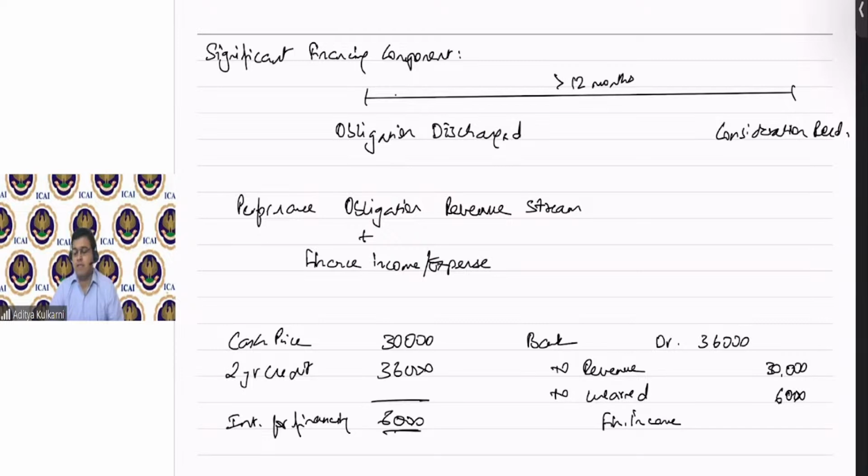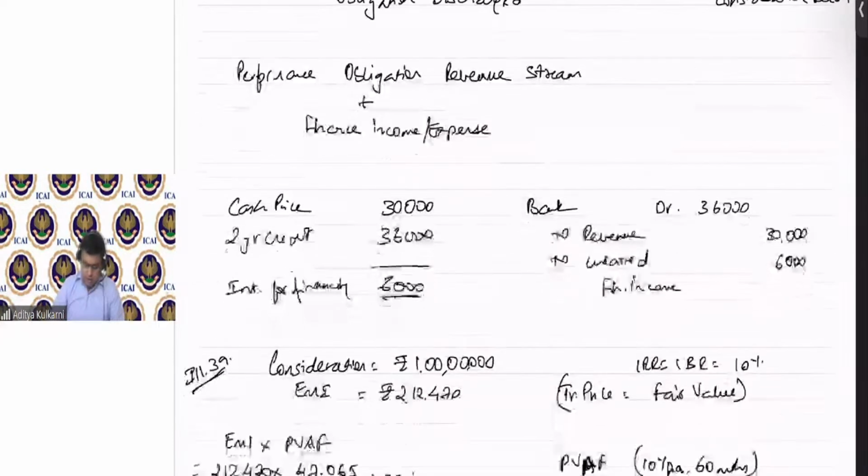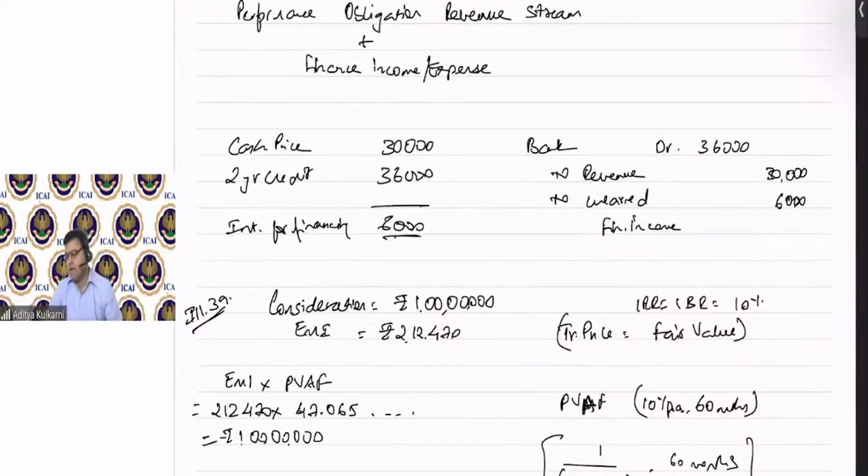Why finance expense? Because it could be possible that the customer has paid in advance and you are transferring the product after 2 years, 3 years, whatever it is. So therefore, the customer also will say, I'm giving you money in advance, so you have to give me some benefit in the pricing. That we call finance expense for the supplier. So in this case, the customer is financing the supplier, so you are going to have a finance cost for the supplier. Okay, and then we were seeing the example illustration 39 in the last class before we actually